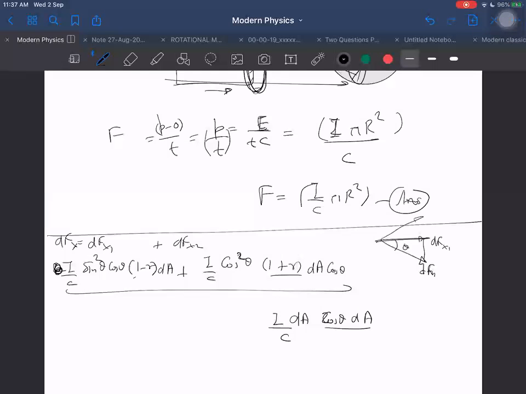That's right. And what is the next term? Next term is minus r with minus r into dA into sin square theta cos theta, and that is, I think, 0. That second term is becoming 0. No, wait a second. What is it becoming? Second term is becoming I by c into dA into r into cos square theta minus sin square theta into cos theta into dA. That is the second term. I don't have to write dA 2 times. So we notice that cos square theta minus sin square theta is cos 2 theta, right?